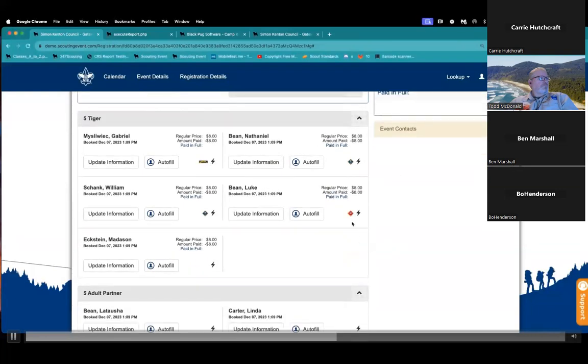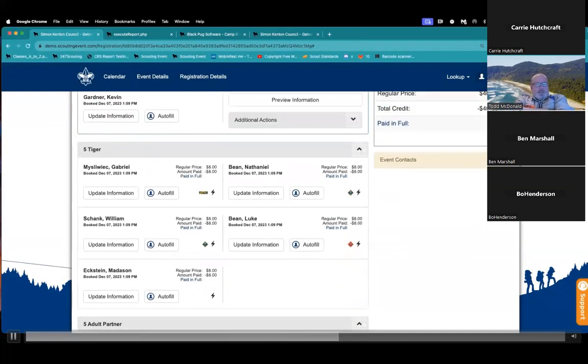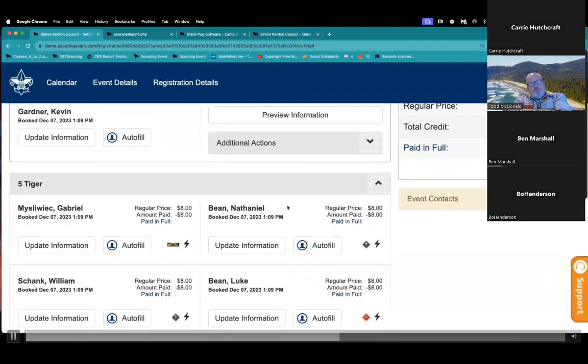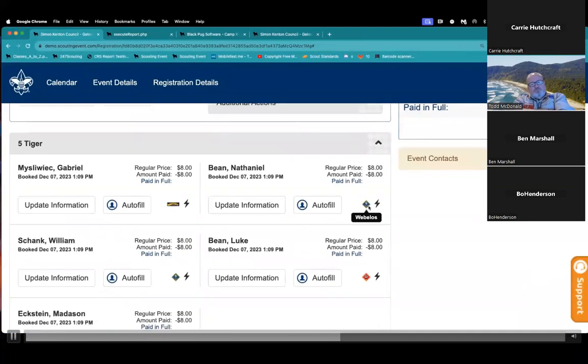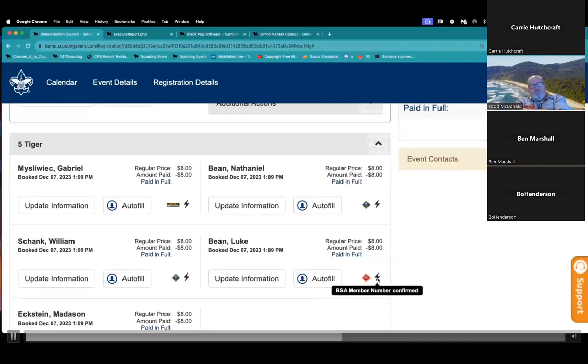This is just a nice thing here. Not necessarily something you guys need to be concerned about, but see how all of these youth now have a little rank indicator here? Let me make this a little bit bigger. So it's huge now, but I'll shrink it back. But see how it's got the Webelos rank, and here's the AOL, and here's a wolf. That's just because we have that information from the roster. The lightning bolt also means that we validated them, so we know that they are a valid member of the BSA.